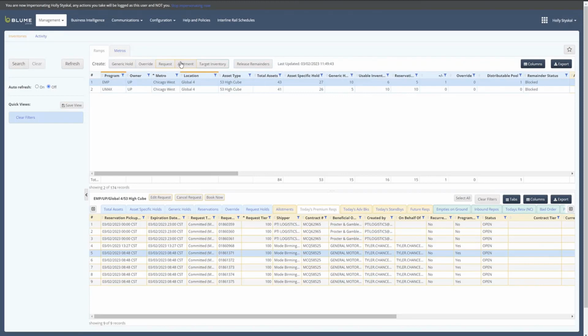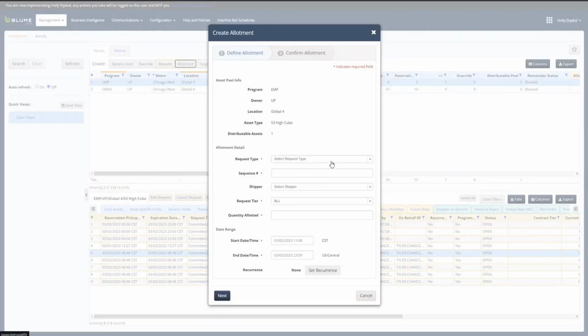So I'm going to try not to go crazy with the allotment. The allotment ability within our system for the railroads is not heavily utilized by the railroads, but very much heavily utilized by the steamship lines. That might be a separate conversation or a separate training that we'll have on that. But the railroads have the ability to put in what they call interactive allotments. So again, it's another lever in our system to make availability for customers